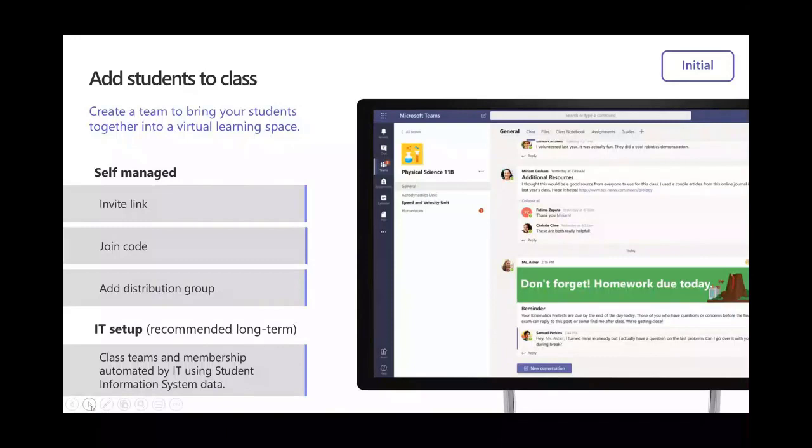The first one is a process we call School Data Sync. School Data Sync is an awesome resource which allows you to either leverage the One Roster API or CSVs to create teams based on classes, as well as maintain rostering information. It also allows you to do the lifecycle approach for a team, in which it will create the team, maintain the roster at the end of the semester or the end of the quarter. It can archive the team, it can remove the individuals from the team, as well as rename the team. And that team can stick around for things like grade challenges, or you want it to see the individual's impact.